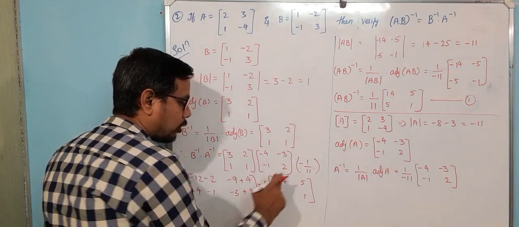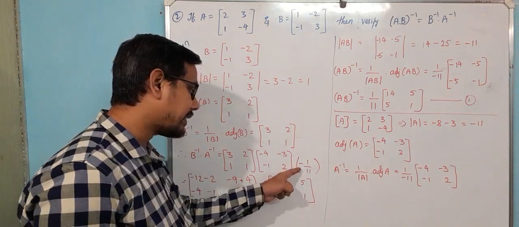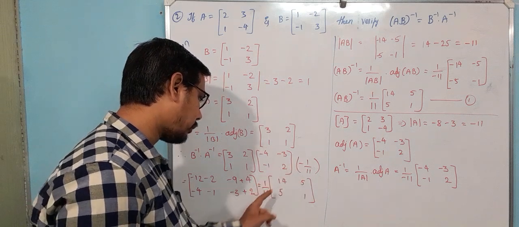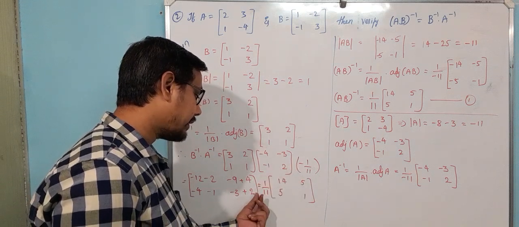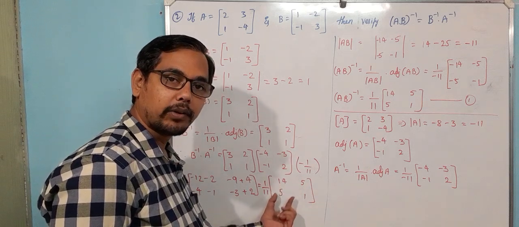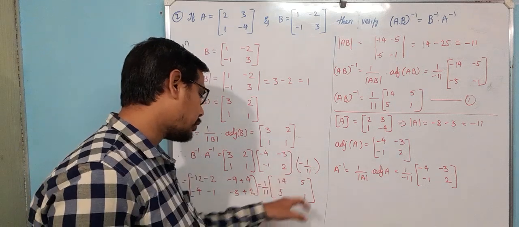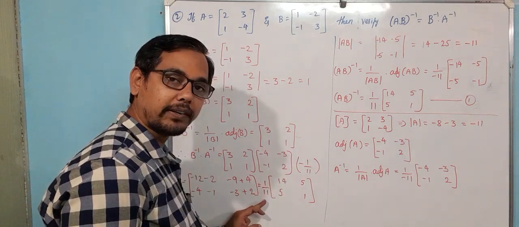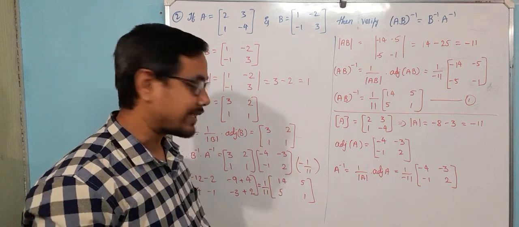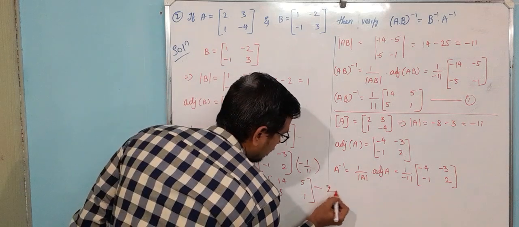Right? Initially all these were minus. So when they got multiplied with minus 1 upon 11, when I take this minus 1 upon 11 inside, that minus will get multiplied with all the negatives here, and the total thing will become positive. Or you can also keep the minus outside, minus inside, both together will become plus. Right? So 14, 5, 5, 1. So mark it as equation 2.